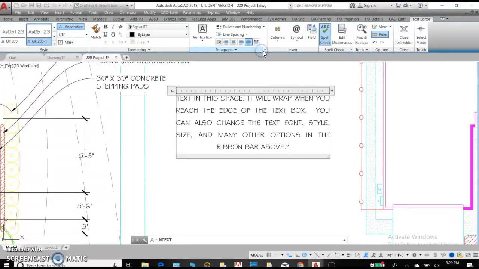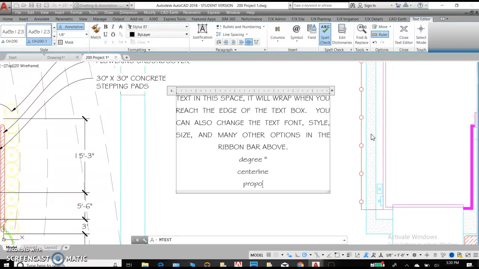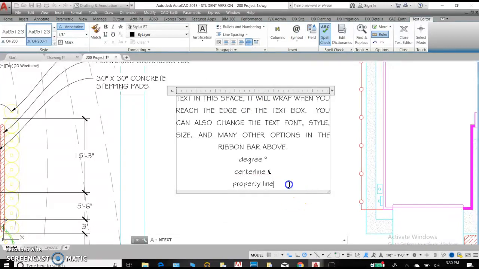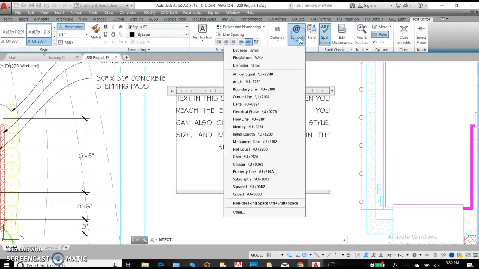So we can create degrees, our degree symbol. We can do center line, property line. Let me show you those. You would go to Symbol and add our center line. I'm going right past it. Center line, there's a symbol for it. Property line,